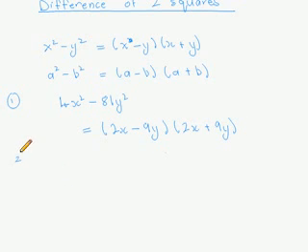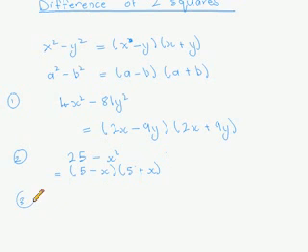Let's look at another quick example. Example 2. I have something like 25 minus x squared. Factorizing that using the difference of two squares, taking the square root of that, 5 minus x, 5 plus x. Okay, look at a third example, difference of two squares again. So 9x squared minus 16. You might be seeing a pattern here now. Okay, you go 3x minus 4,